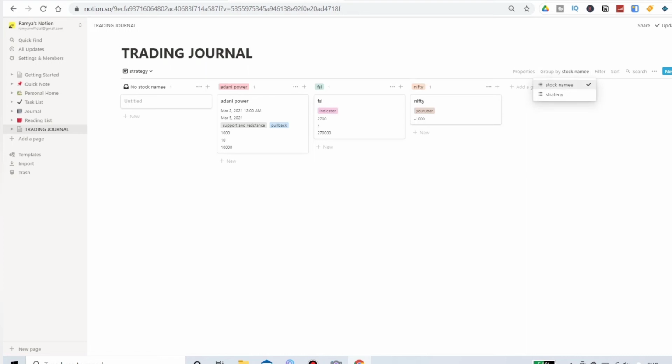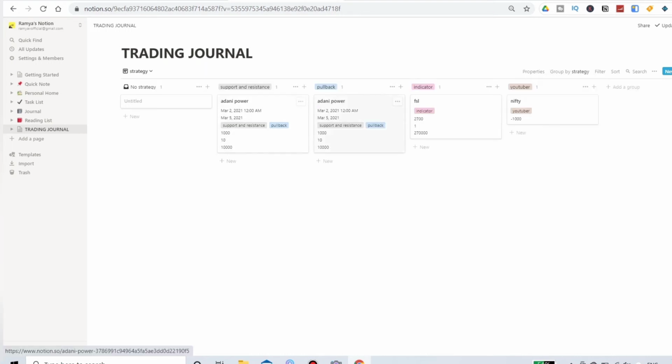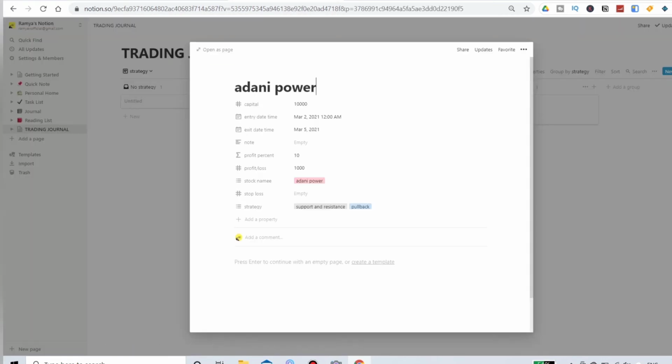So it will be divided by your strategy, like support and resistance, pullback and all those things. So if we delete one of the entries, the entry will be gone in the group section also. So it is gone in the pullback section.